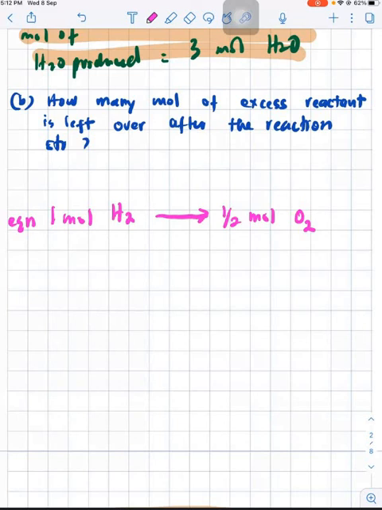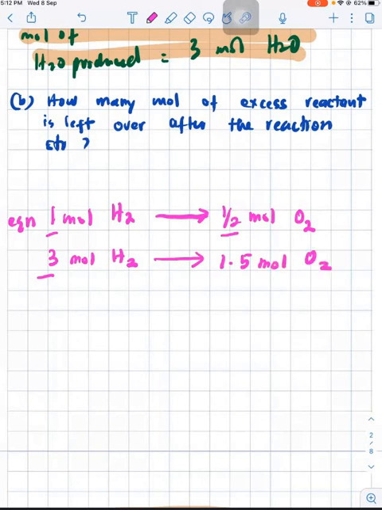Macam biasa you akan ambil given amount. Tadi 3 mole kan? 3 mole of hydrogen gas yang akan habis. So kalau 3 mole of hydrogen gas digunakan, makanya dia perlukan berapa mole of oxygen gas? 3 darab half bagi 1. 1.5